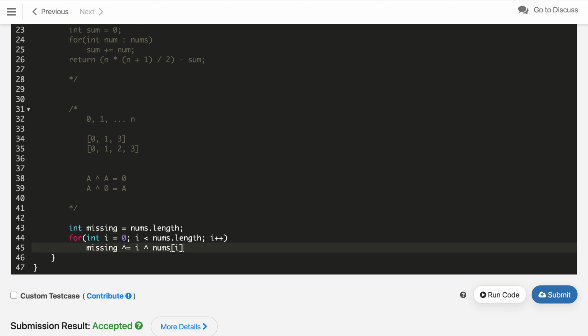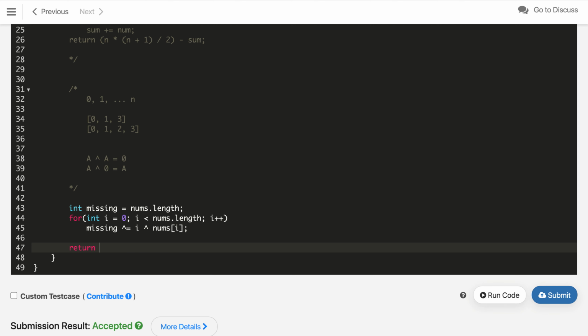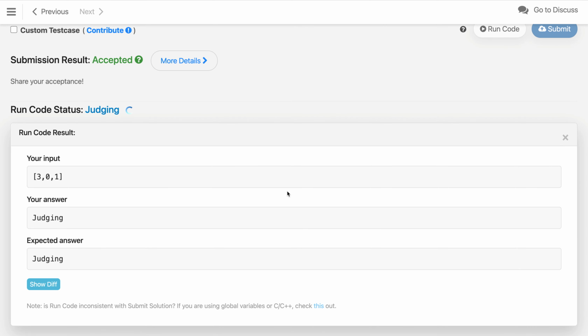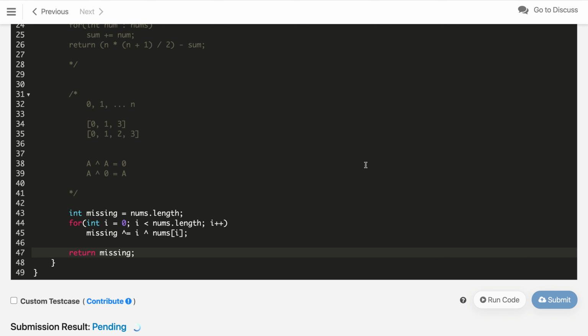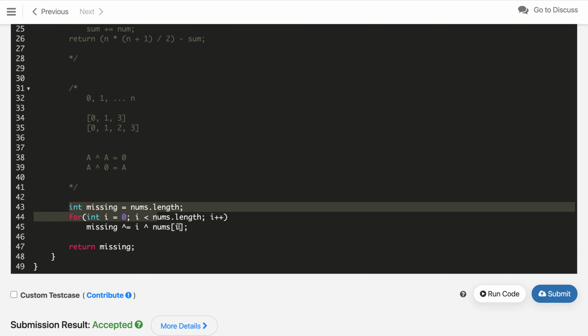So we are XORing all the indices i from 0 to n minus 1, and n we already have here, and then all the nums of i. After that, we will get the missing number in our missing variable. So we will return the missing. Let us compile this code, the XOR solution. It got compiled. Let us submit this code. It got accepted. So the time complexity of this solution is also O of n, and the space is O of 1.